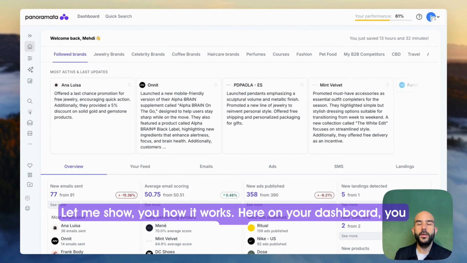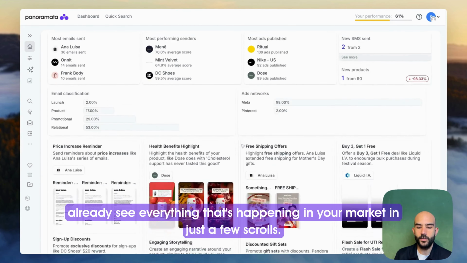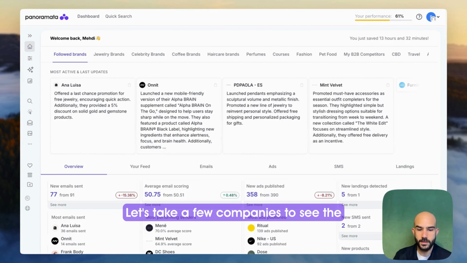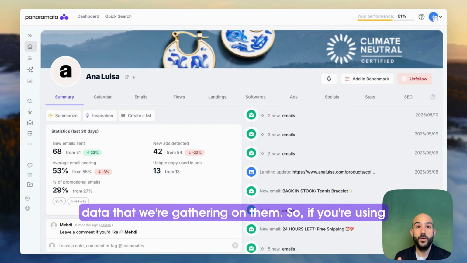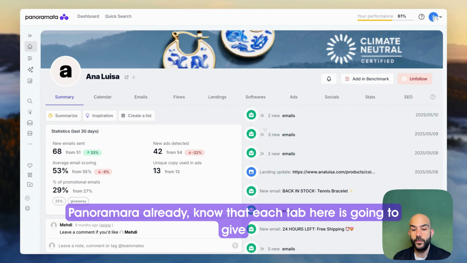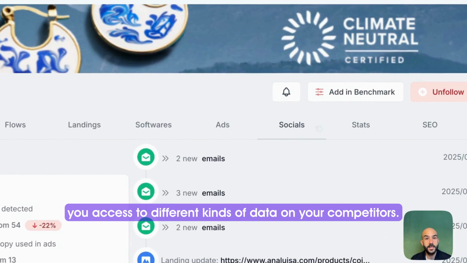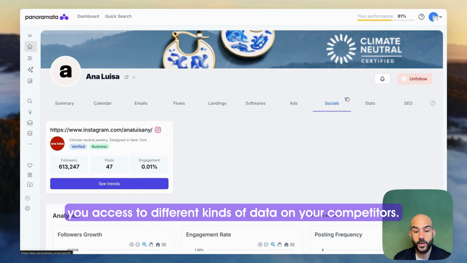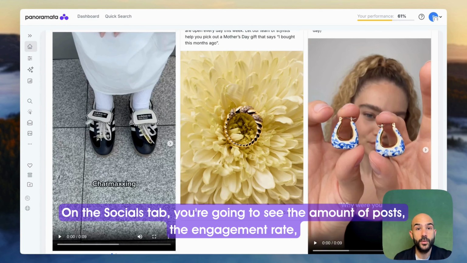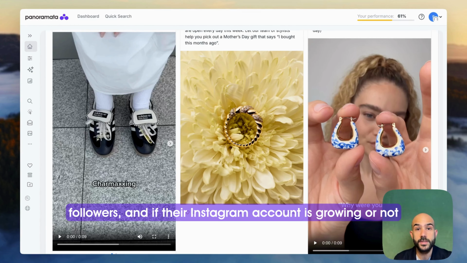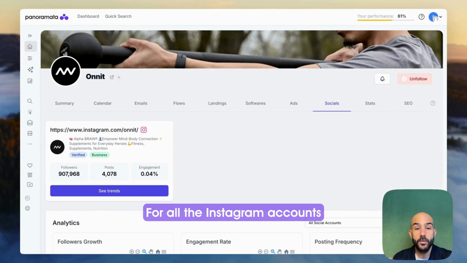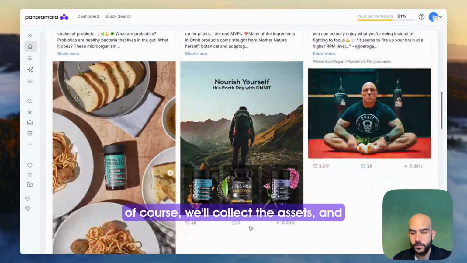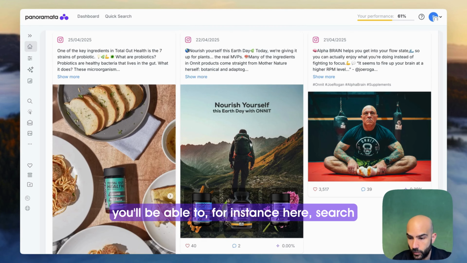Here on your dashboard, you can already see everything that's happening in your market in just a few scrolls. Let's take a few companies to see the data that we're gathering on them. So if you're using Panoramata already, you know that each tab here is going to give you access to a different kind of data on your competitors. You're going to see the amount of posts, the engagement rate, the amount of followers, and if their Instagram account is growing or not. For all the Instagram accounts, of course, we'll collect the assets and you'll be able to,